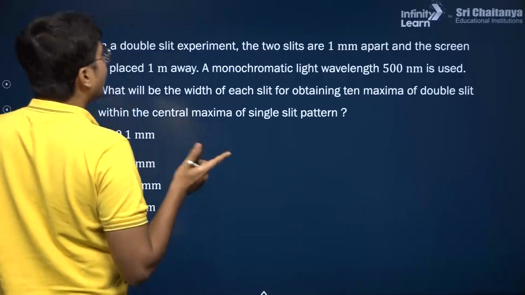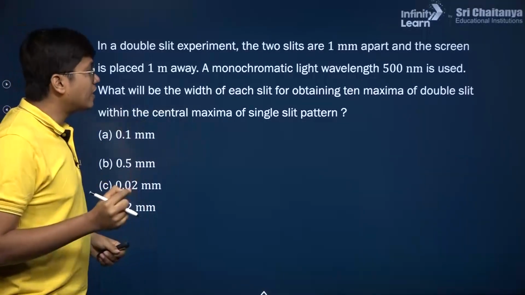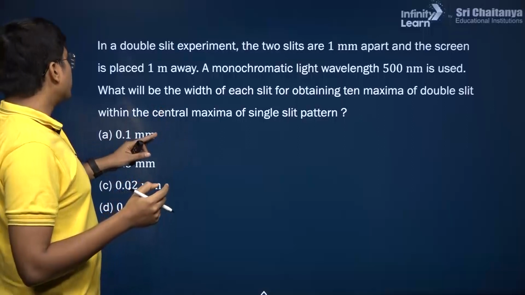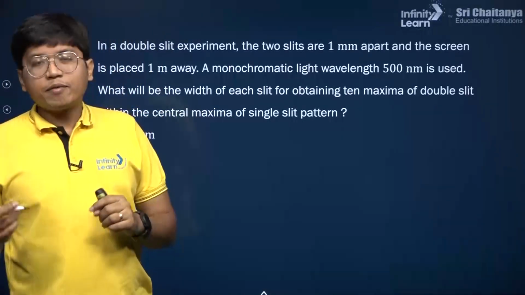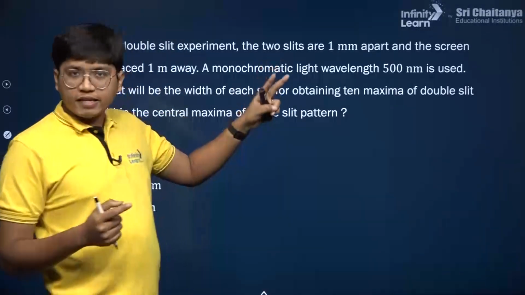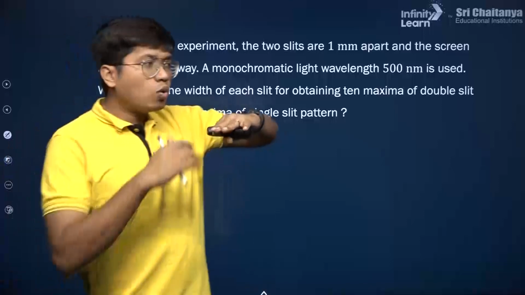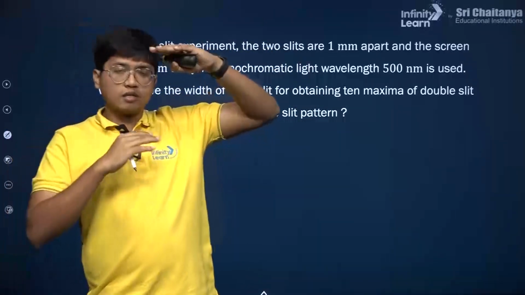A monochromatic light of wavelength nanometer is used. What will be the width of each slit for obtaining 10 maxima of double slit within the central maxima of the single slit pattern? So when I'm dealing with the single slit pattern, that is diffraction, and the two slit is interference. Now in diffraction, I know what is the width of that central maxima, the width of the first part